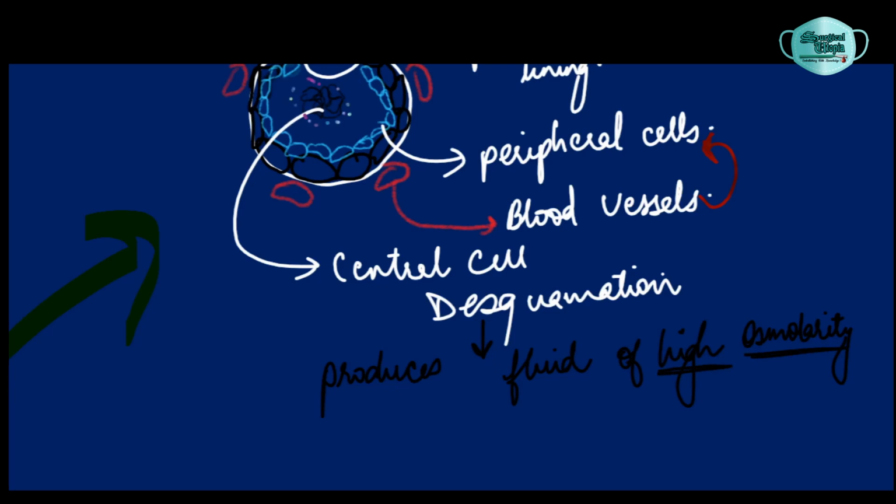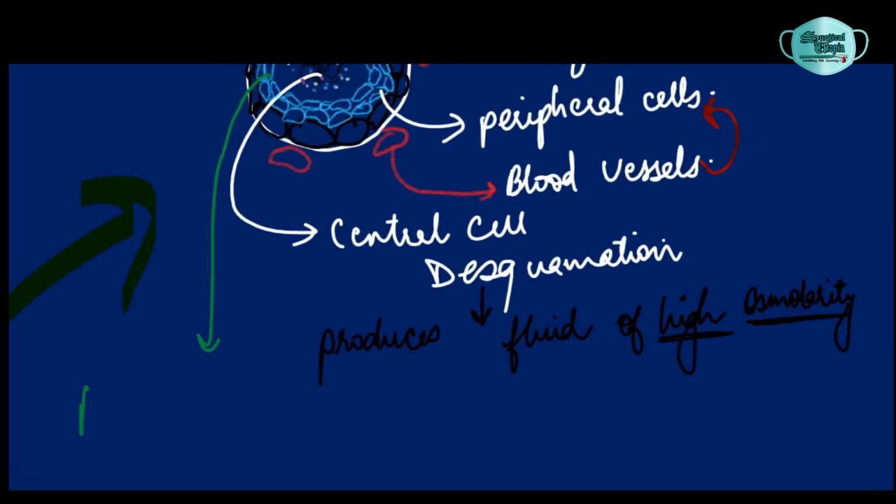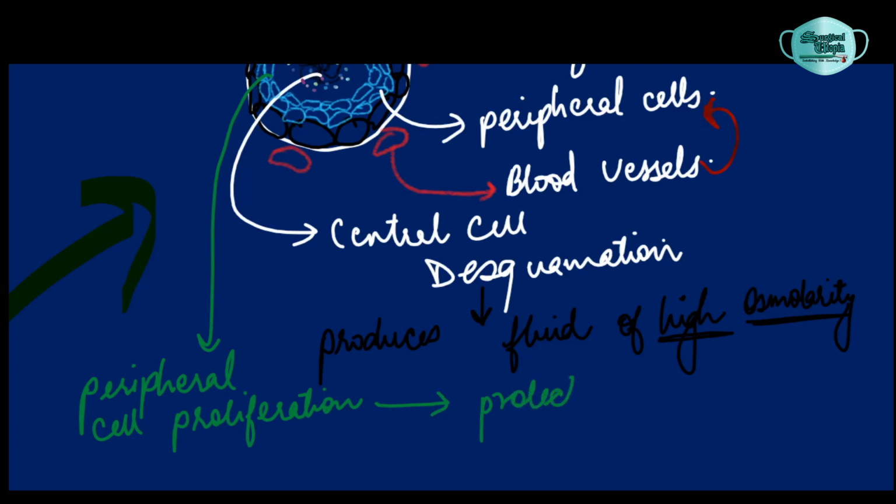Now the desquamated cells lie in the center and are surrounded by epithelial cell layers in the periphery. The layer of epithelial cell proliferation is considered to be a protective mechanism by which the infective process from the tooth is isolated from the surrounding structures, and it prevents its further invasion into the bone or into the surrounding structures. Thereby, the infection is confined to a particular area only.